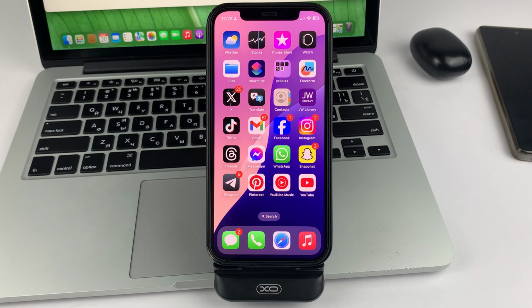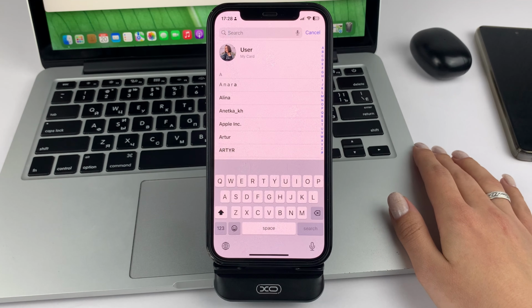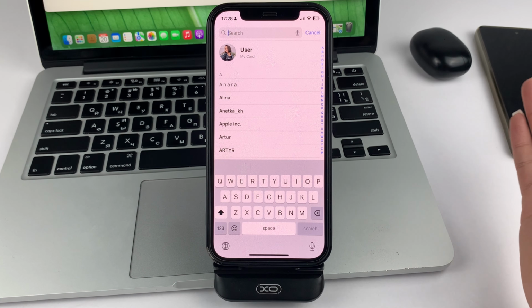Well, let's get down to the topic with you. And it's actually a very quick, simple process. Please open the phone app on your iPhone. Now go to the Contacts section. Next, select the contact you would like to delete, or you can swipe to find it, or you can tap on the search bar at the top and type in the person's name.